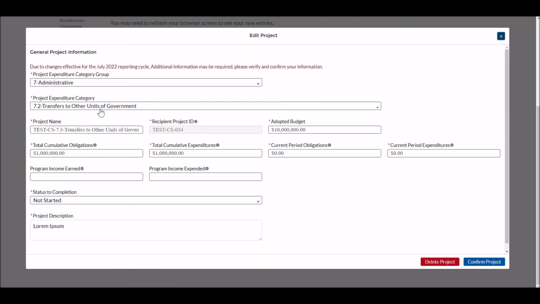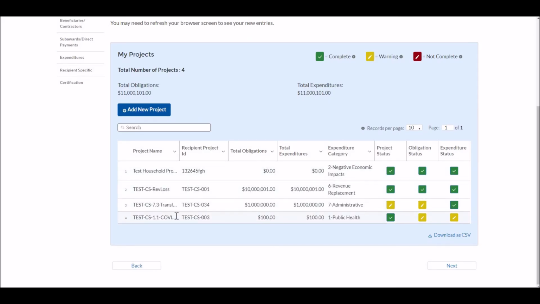And if I click into it, I have information that was previously submitted in this report. So in this, I have cumulative obligations of $1 million, cumulative expenditures of $1 million, and status not started. That's great. We'll go ahead and close out of this, and then we can make changes to this and the subsequent project